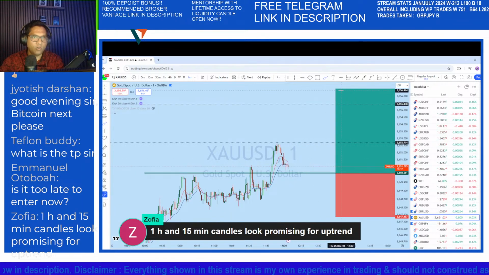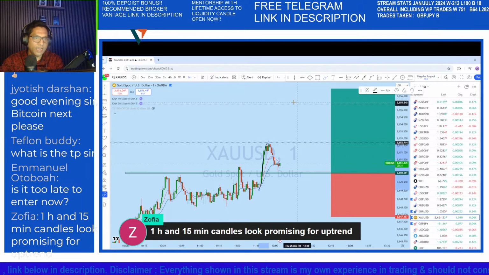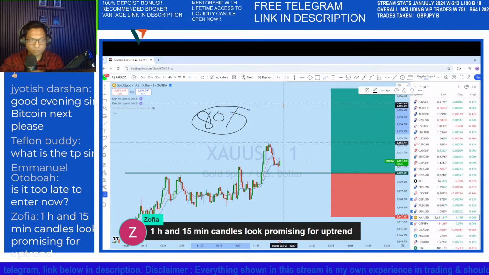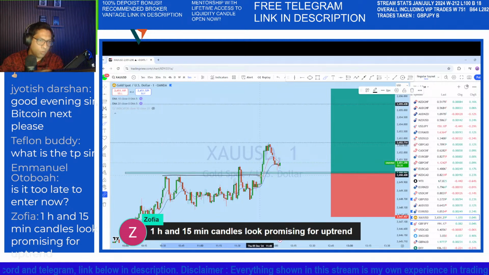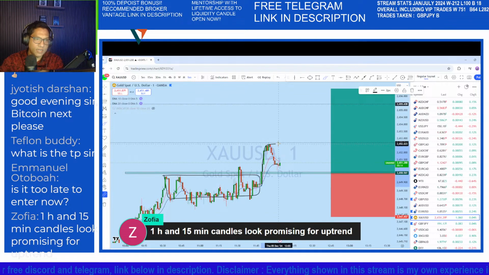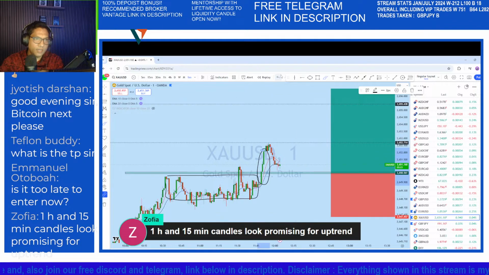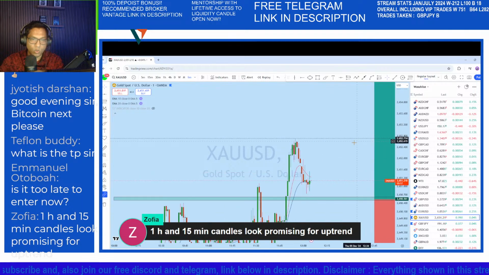You know, the market trends only very little, 30% of the time, 70% of the time the market moves sideways. I would say that almost 80% of the time the market moves sideways. I think the market trends only 20% of the time. If you look at here, you can see that this whole move is a sideways movement, a little trend, and then again sideways. So I wouldn't consider this one a trend. The whole move is sideways, only trended these 3 candles, and again sideways. So that's why finding the right move is very important, and once we find that, we need